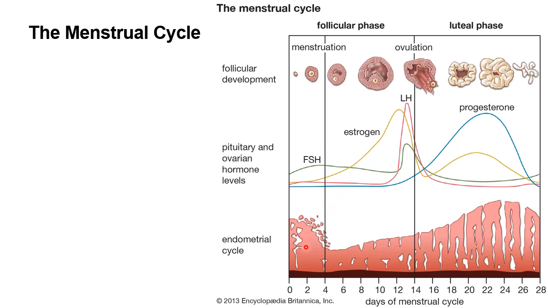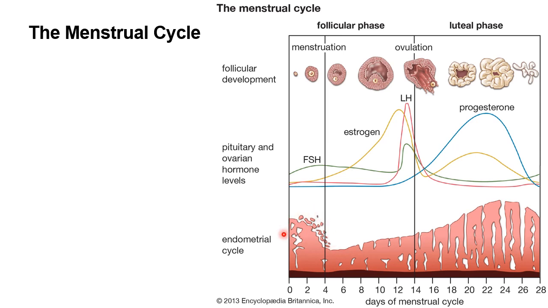So the menstrual cycle, again, occurs in females, and it has a relative length of 21 days up to 35 days. But the common is 28 days. But it is still normal if the cycle length is 21 days up to 35 days. Anything shorter than 21 days is abnormal, and anything longer than 35 days is abnormal. So the normal is 21 to 35. Let's begin the menstrual cycle